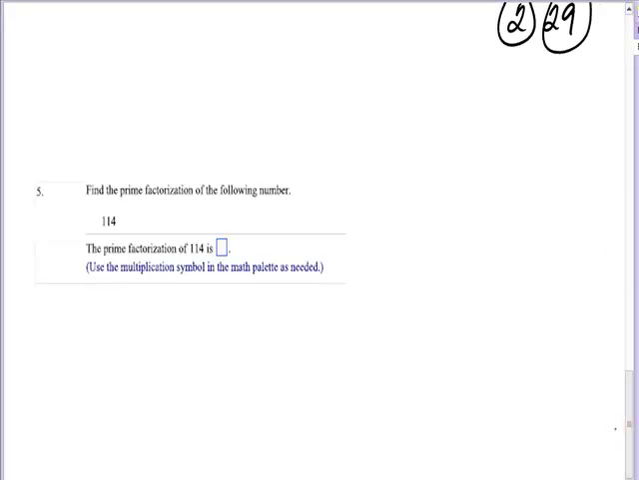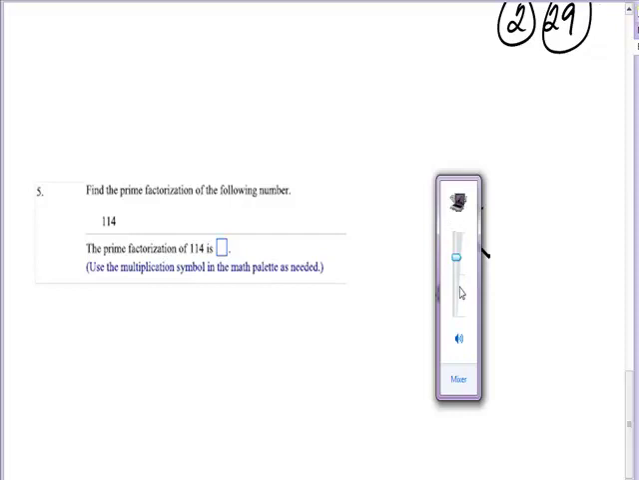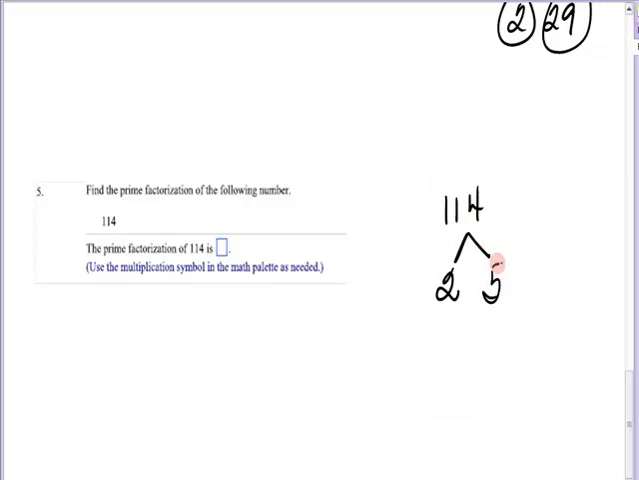All right, last one to practice, 114. You don't always have to start in the same place I would, but if the number's even, I usually start with 2. So 114 divided by 2 gives me 57. Keep the 2. Now 57, what times what gives you 57? 2 doesn't go into it, but 3 does, because 5 plus 7 is 12. So that's how I used my multiplication fact,